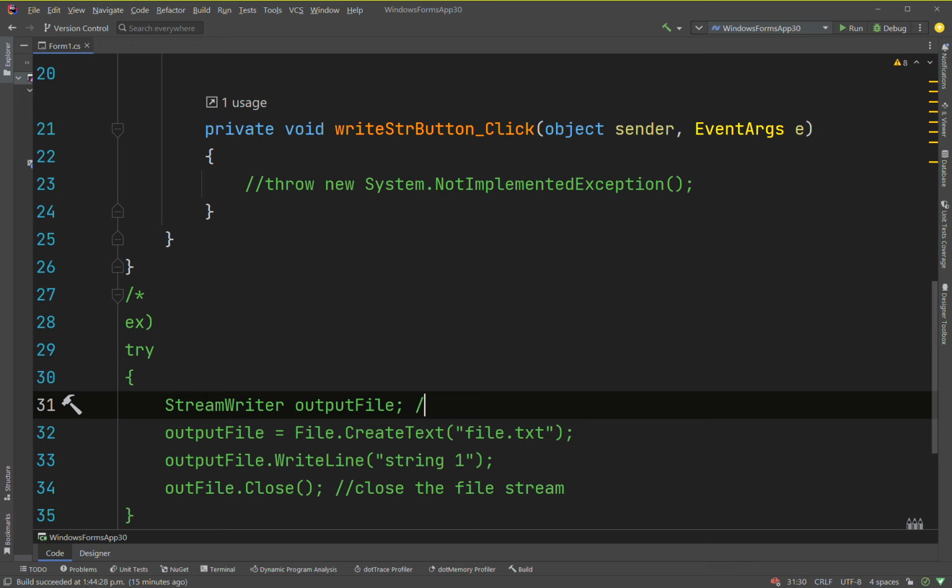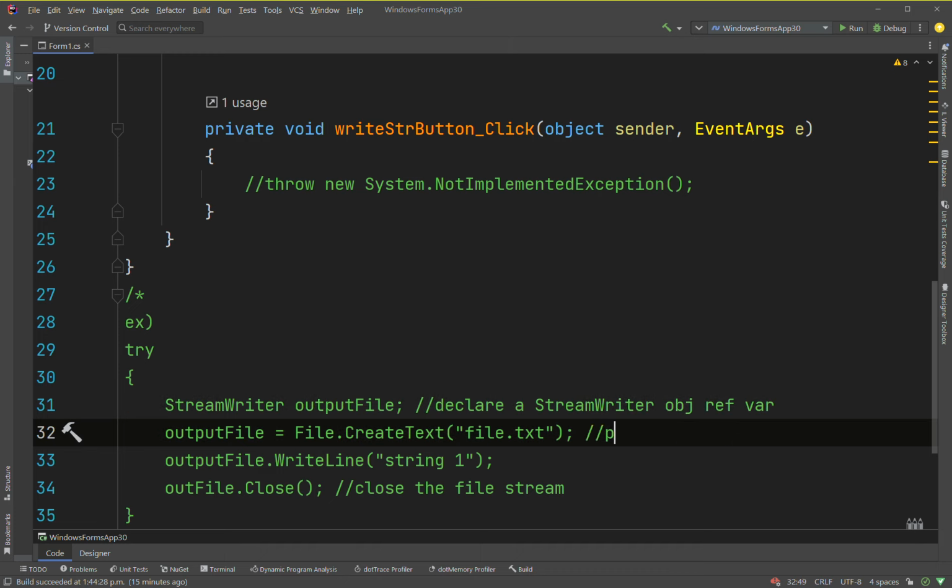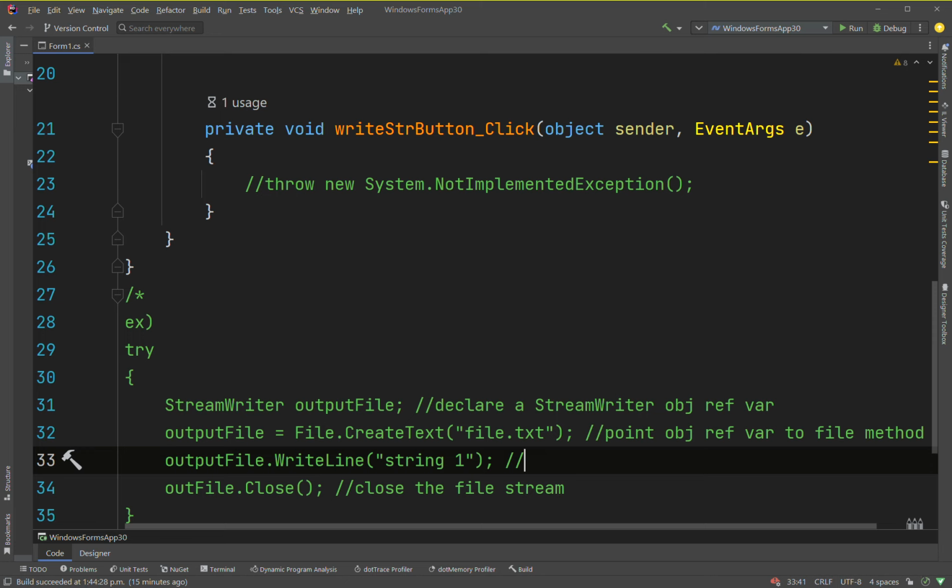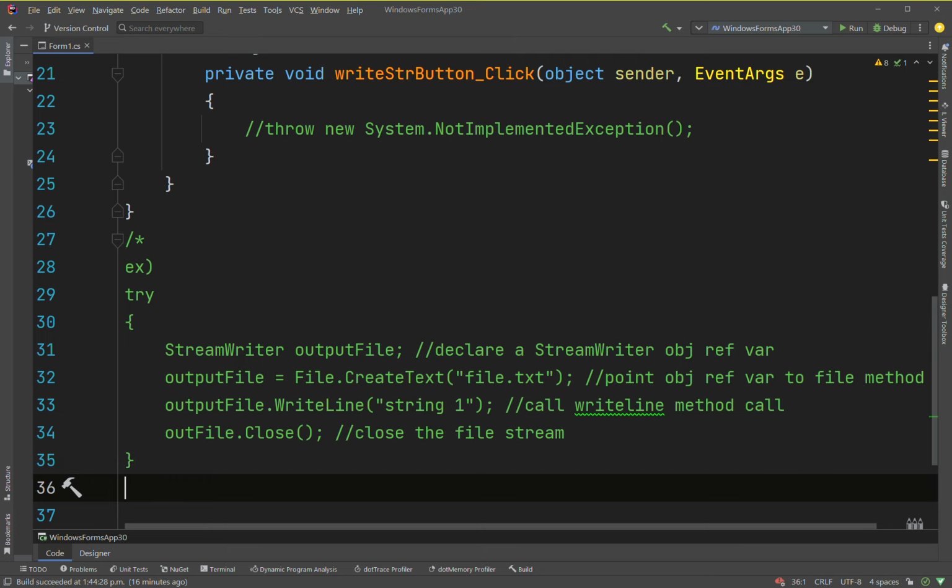Up here is declare StreamWriter object reference variable pointed to File.CreateText. Call the WriteLine method using your object reference variable. Close the file stream. So after the try block here we'll have catch,